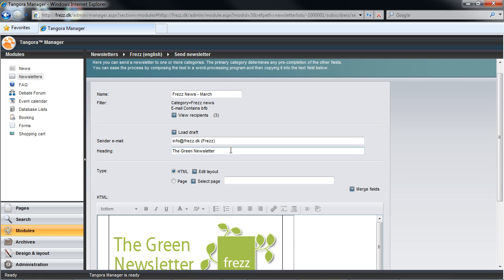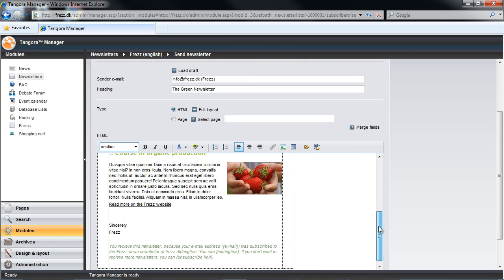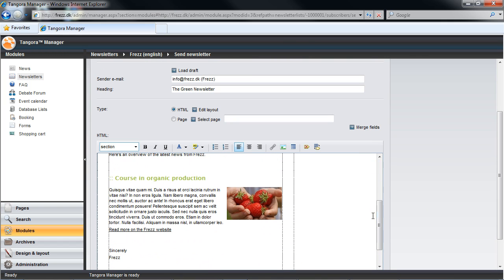And then we have an area called type, and we can see here that there's a fundamental choice where we can choose either HTML or page. I should also mention that emails can be sent out as plain text, but this option has been disabled in the current example. We'll look more at that option later on. Sending out a mail in HTML format means that we could use the editing area here below to create our email. That's to say we could create the graphic look with formatted text, links, images, and tables.